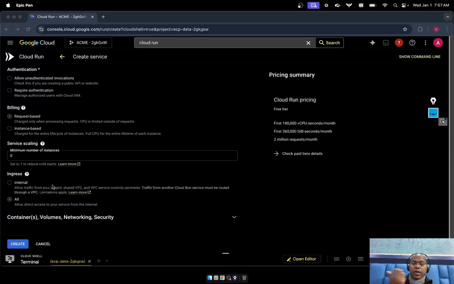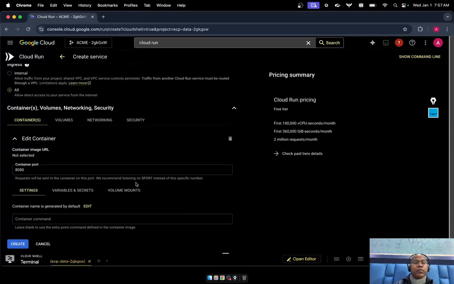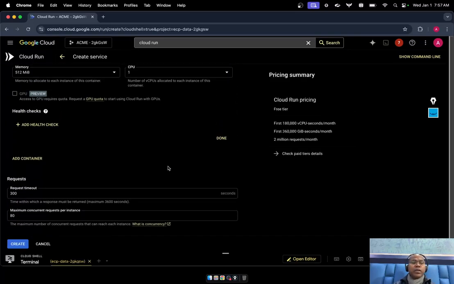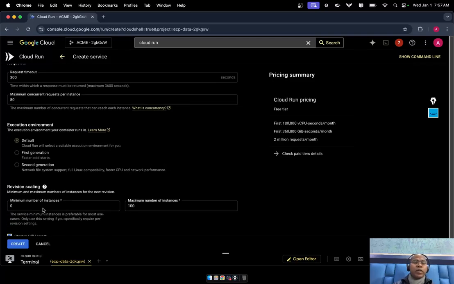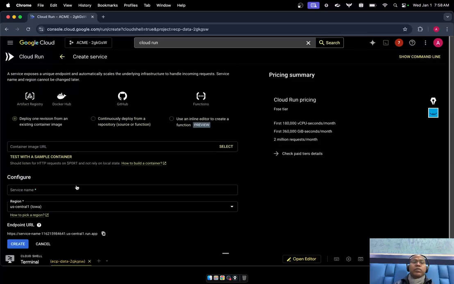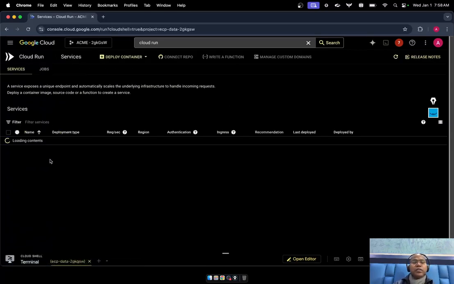And for networking, you decide whether traffic comes from all of the internet or some restricted traffic, and many other parameters you can also specify if you want, like container volume, networking, additional information. If you want to add more detailed configuration, there is the execution environment: default, first generation, second generation, fast cold start. These are the different features you can also specify. Okay, so let's just test